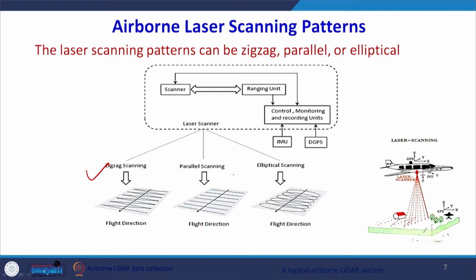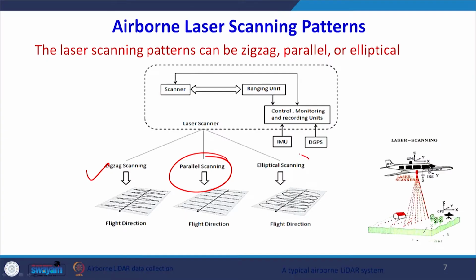It could be a parallel scanning to the flight direction. So if this is my flight direction, the scanning is always in the parallel line direction, or it could be the elliptical scanning to the flight direction. So these are the three different methods through which the scanning could be possible: zigzag, parallel, or the elliptical way,